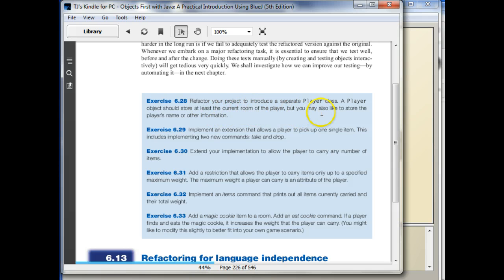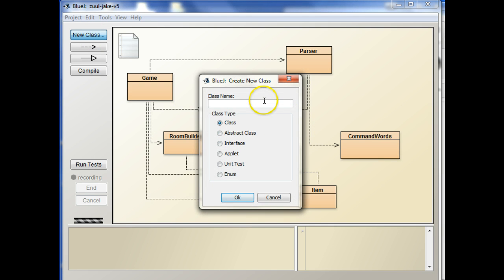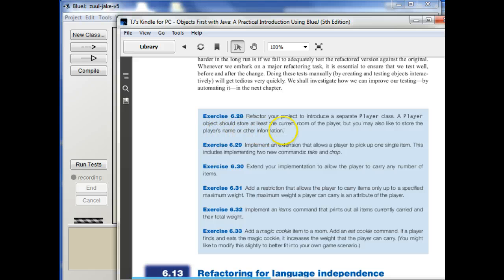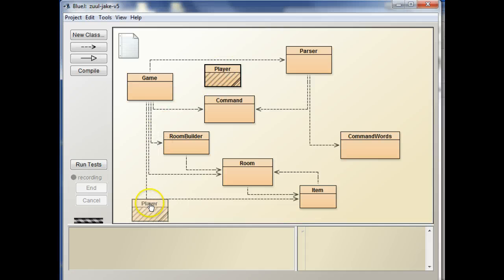So, refactor your project to introduce a separate player class. The way you add a class is you say new class and type in the name of it, player. And what does it say? A player object should store at least the current room of the player, but you may also like to store the player's name or other information. Okay. So actually this is a good one to do a video on because it's not completely straightforward. If we're going to store the current room in the player,